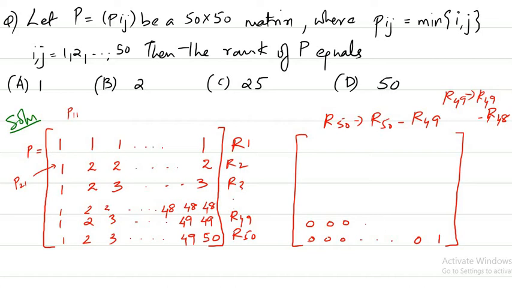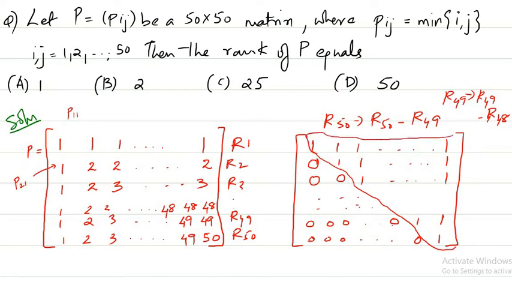So we just subtracted, and what you get is 0, 0, 0, and so on. This entry minus the previous: up to here it is 48, so 48 minus 48 gives 0. Then this entry will be 1, since 49 minus 48 is 1, and 49 minus 48 is again 1. If you go in this fashion, the final matrix you get is something like this: the upper triangular portion of the matrix will be completely ones, and the remaining part down will be completely zeros.